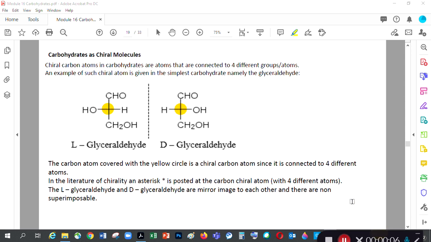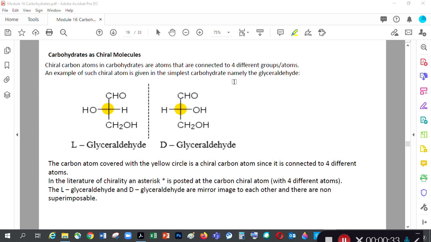Today we'll finish the second part of the carbohydrates, and we will go over the chiral characteristics of carbohydrates, and we will look at some of the chemical reactions as well, and applications of the carbohydrates. So let's start with the first topic, which is the chiral